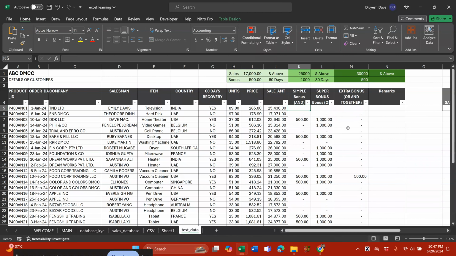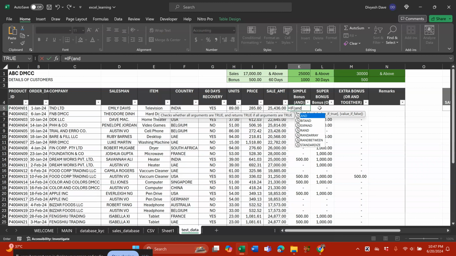So how to put the AND formula? The very simple thing is we just use IF, then tab, then the logical test starts. Now here we put AND and it will give us options to add more. So tab, and then logical 1, logical 2, logical 3, something like that. The first logic is, let's say, sale is J5. So we manually put J5 is greater than